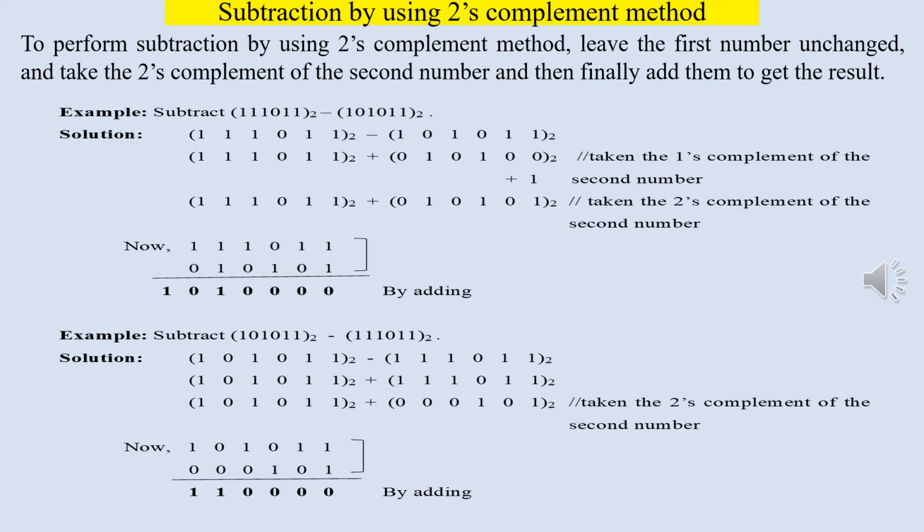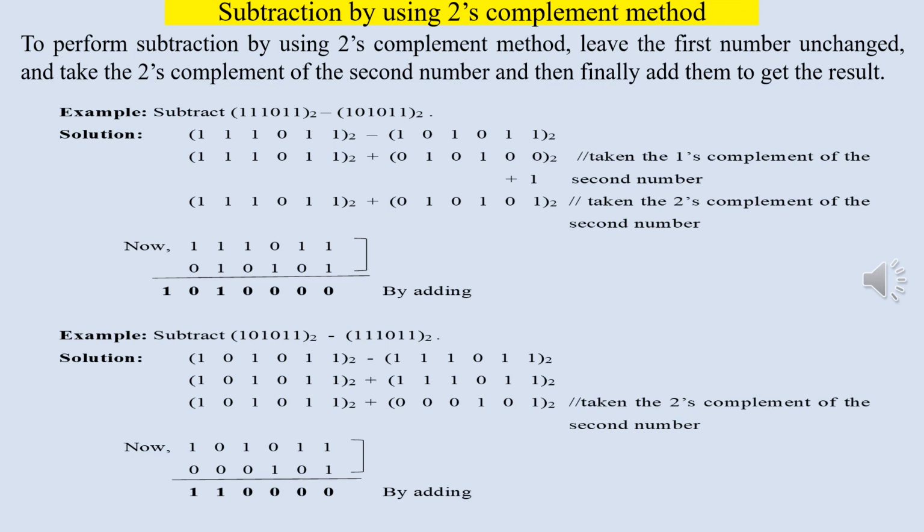In case of the fifth bit, as there are 3 ones, we have to write 1 and take 1 carry to the 6th bit position. And at the 6th bit position, as there are 2 ones, we have to write 0 and take 1 carry to the next higher bit. As a result, we will get 1, 0, 1, 0, 0, 0, 0 and that is the answer.